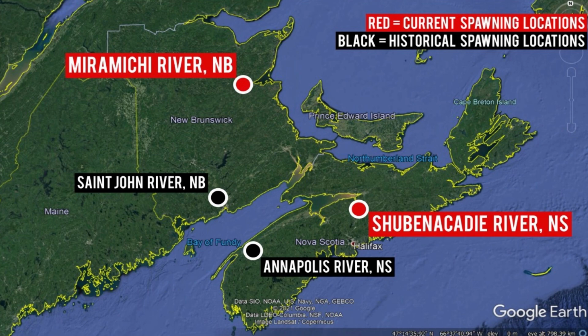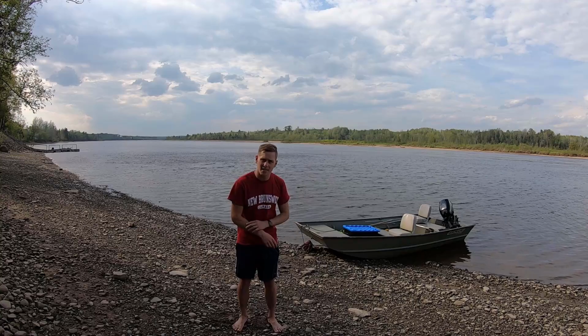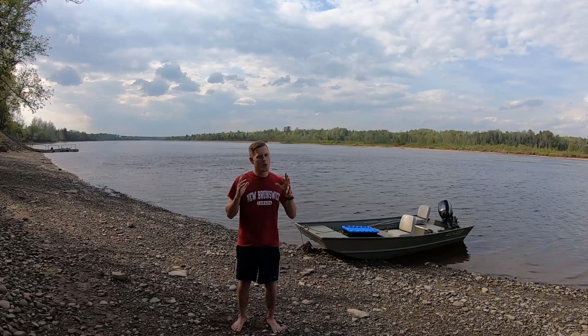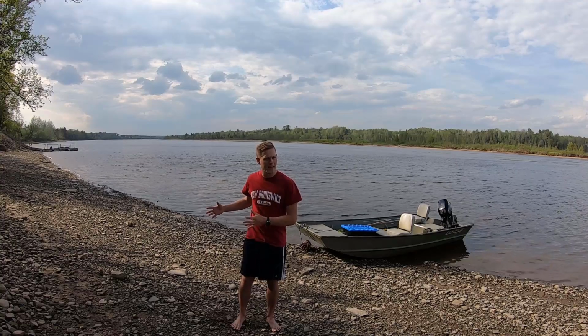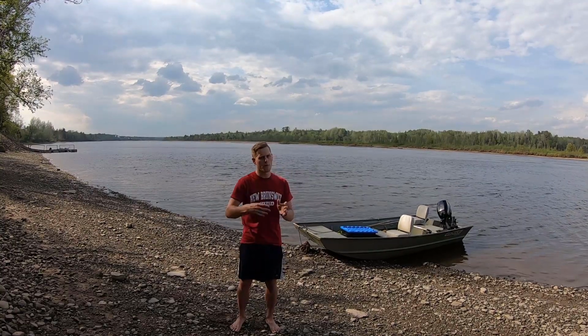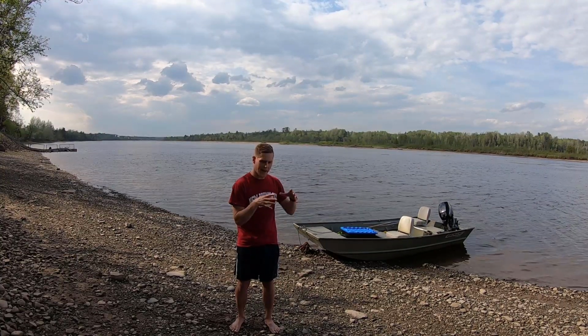Historically, there were 2 other rivers, the Annapolis River in Nova Scotia and also the St. John River. And if you go to the St. John River today, you're still able to catch striped bass. Those striped bass are most likely striped bass that are moving up from the United States or from over in Nova Scotia. There is no known distinct population that lives in the St. John River,